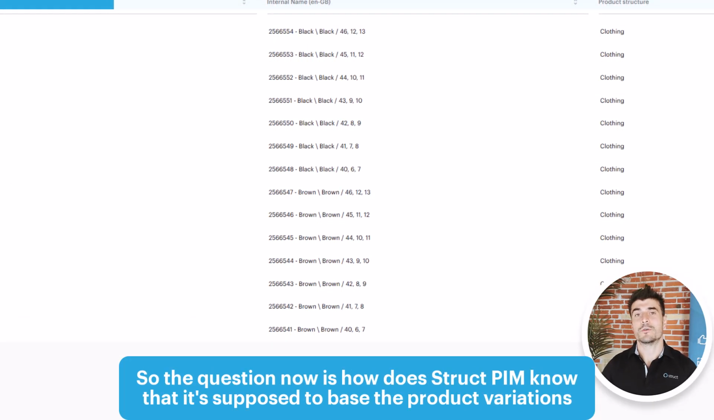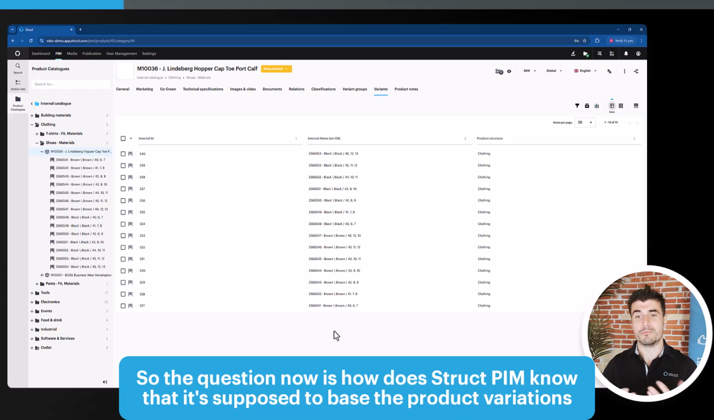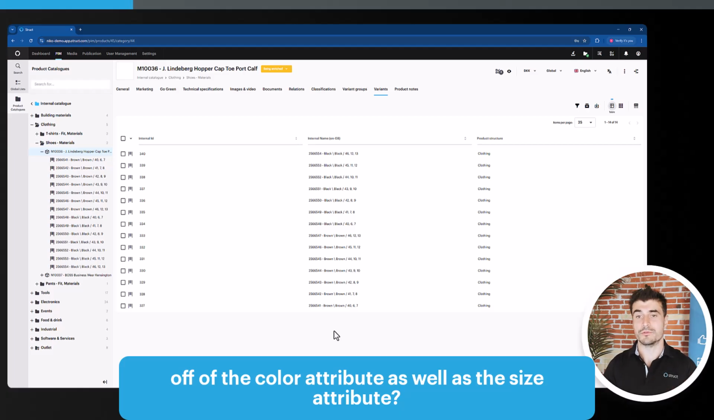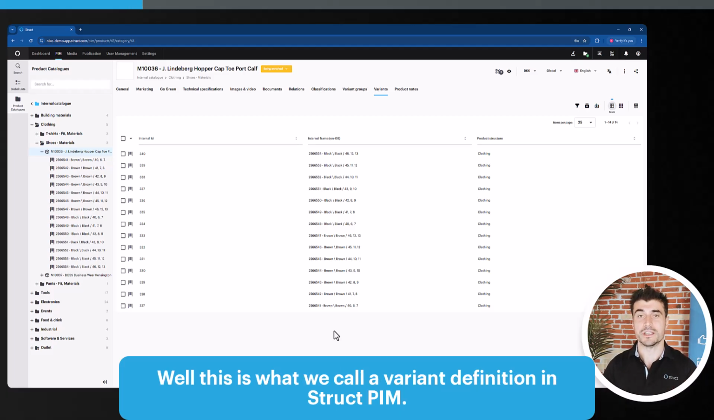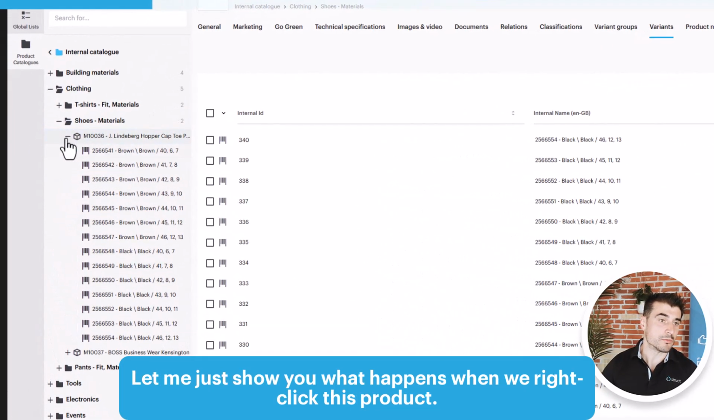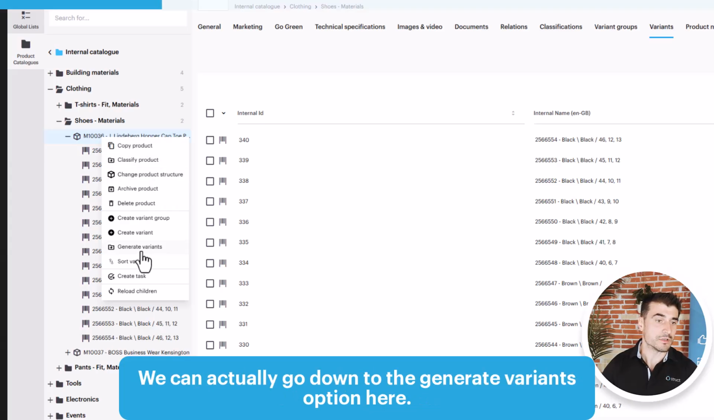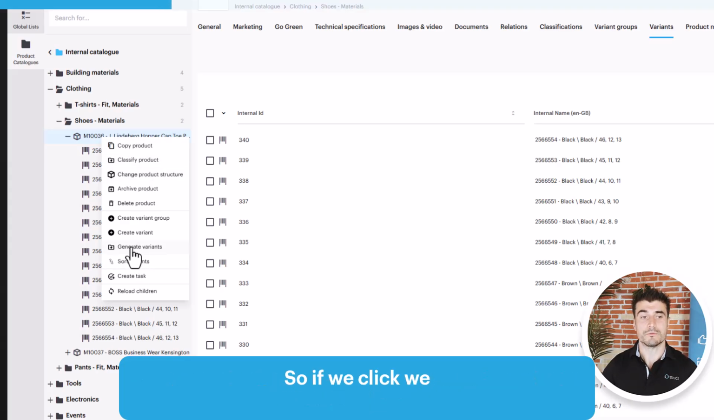So the question now is, how does Struct PIM know that it's supposed to base the product variations off of the color attribute as well as the size attribute? Well, this is what we call a variant definition in Struct PIM. And let me just show you what happens when we right-click this product. We can actually go down to the generate variants option here. So if we click,